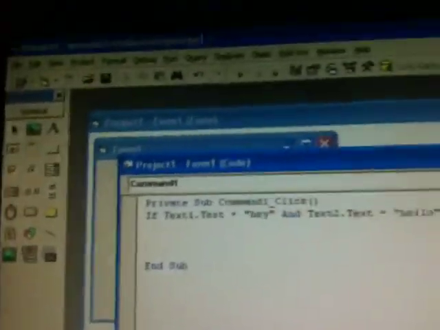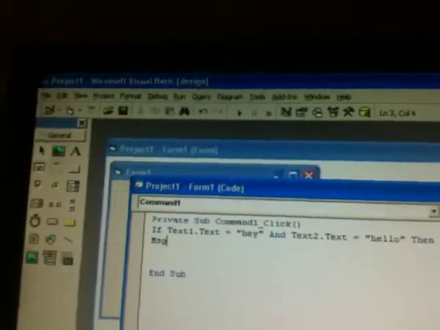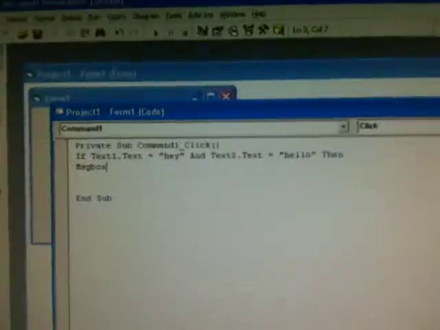Then MSG box, it's message box. It should be welcome.